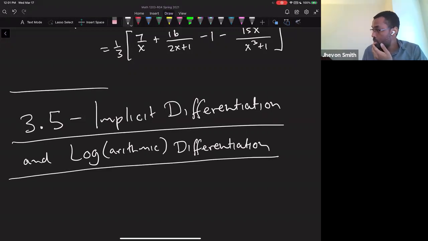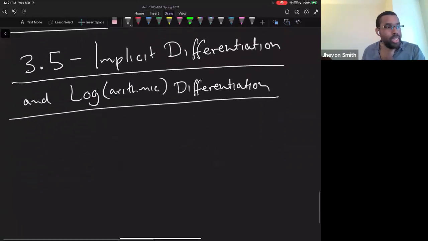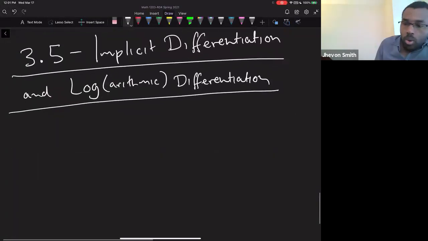When I was deriving some of the derivative rules with the chain rule for you guys earlier, I actually used log differentiation and implicit differentiation to derive some of those rules. I used log differentiation to derive the power rule, which included using implicit differentiation. So yeah, let's actually look at that. Where does the name come from? Well,